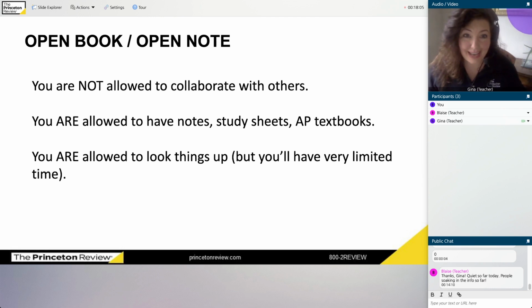However, here's what happens. If your essay looks a little unusual, maybe your essay looks really good, like maybe somebody helped you with it. Here's what the College Board can do. They can actually go to your AP English teacher at school and they can say, here's John's essay. Does this look like John's writing to you? Does this look like the kind of essay that John was writing last time you saw him? And if your English teacher says, no, there's no way John wrote this, you could be in big trouble.